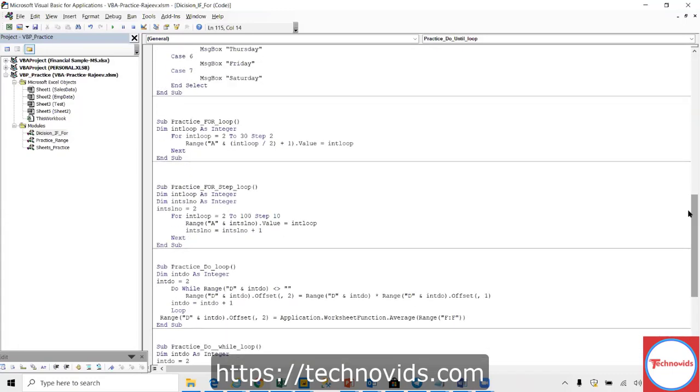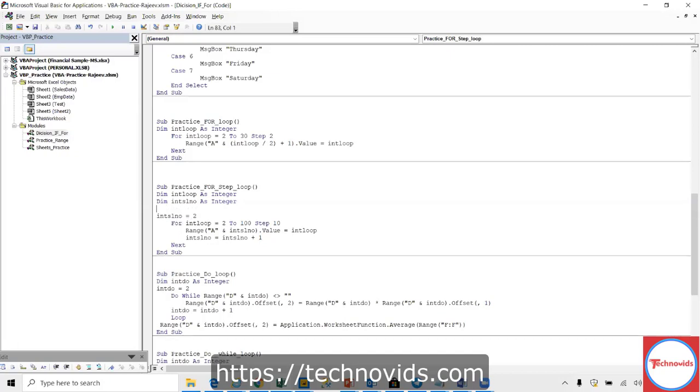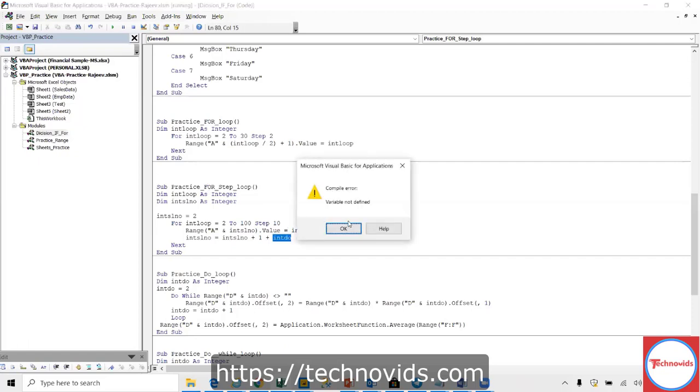So I will not be able to, see, I am able to declare two variables, right? Integer. So I have declared two variables, one for this and one for this. So if I use probably here plus into, let us see what does this do. F8. I have not declared the variable.